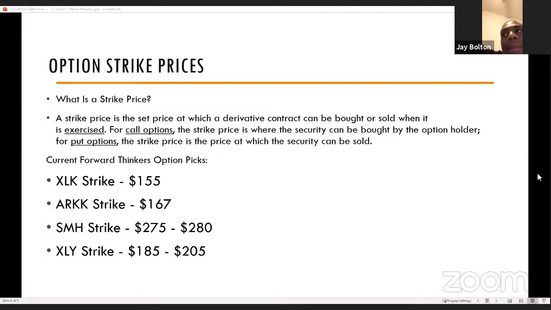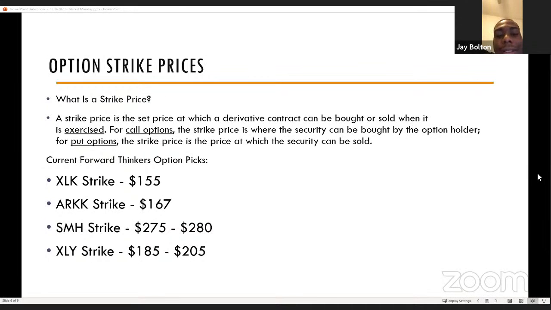And so options go both up and down. With a call option, you are expecting the underlying stock to go up, and you're betting with leverage that the stock is going to go up with an option contract. And the same goes for puts. You expect the underlying stock to go down, and you're betting with leverage that it's going to go down